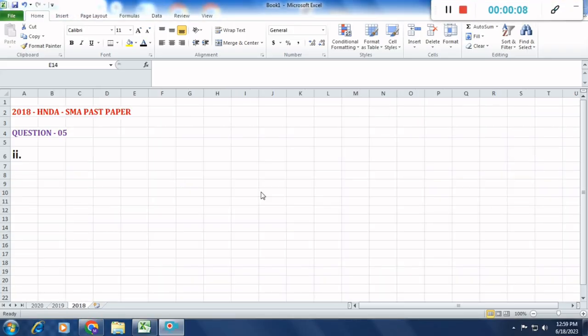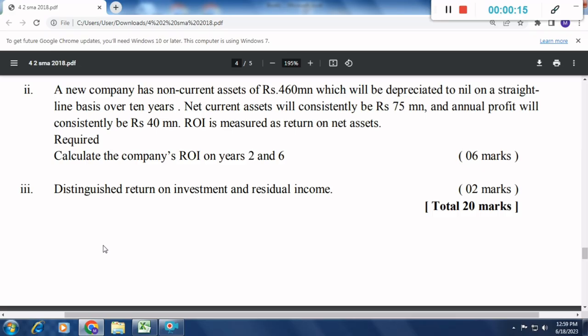Fifth question of the 2018 HNDA Strategic Management Accounting past paper. The second sub question. A new company has non-current assets of ₹460 million, which will be depreciated to nil on a straight line basis over 10 years. So non-current assets, fixed assets, 460 million. It will be depreciated on a straight line basis over 10 years. So 10 years lifetime. And net current assets will consistently be ₹75 million and annual profit will